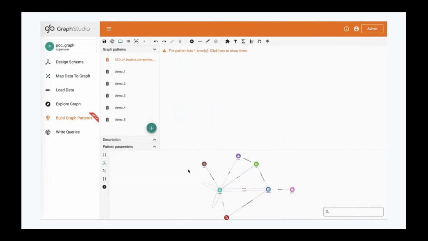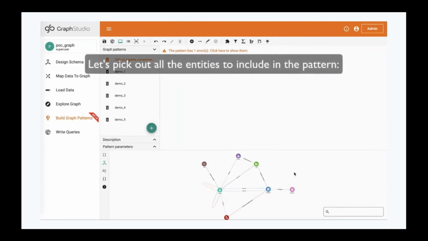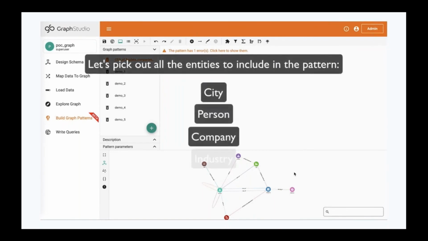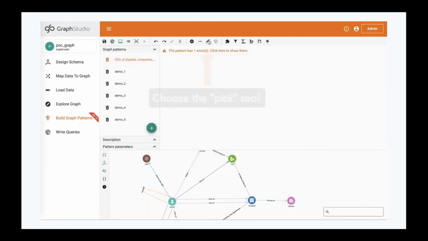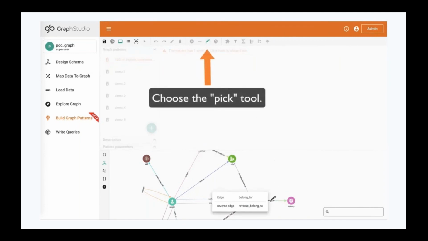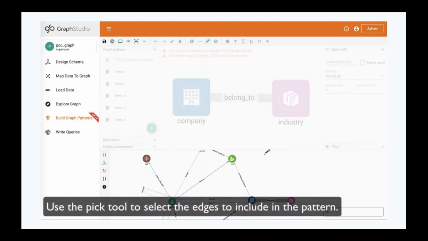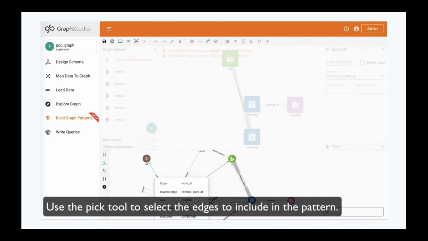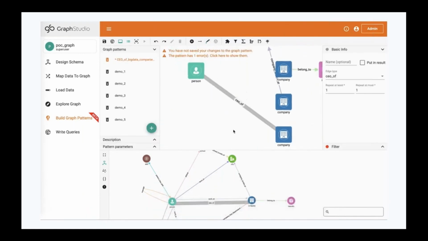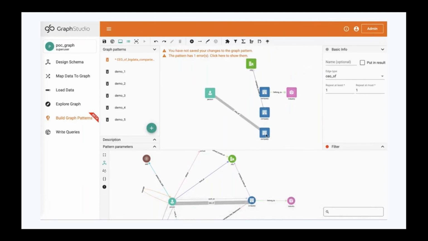The very cool feature I want to point out here is, when you have the question in your mind, you first think about what the entities in this query are, and then you can construct and pick from the graph schema and also merge the different vertices. For example, here we're tracing the city, the industry, both the vertex and edge, and then you can merge the company into one pattern here.